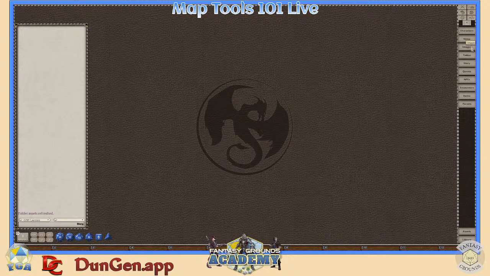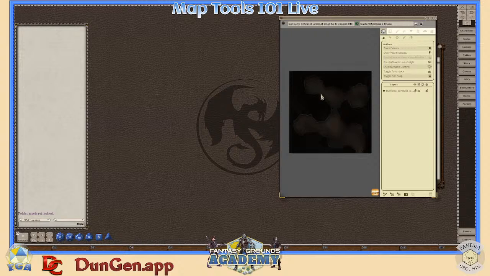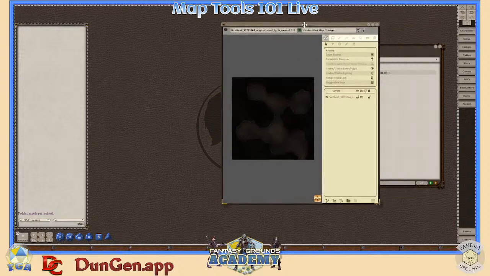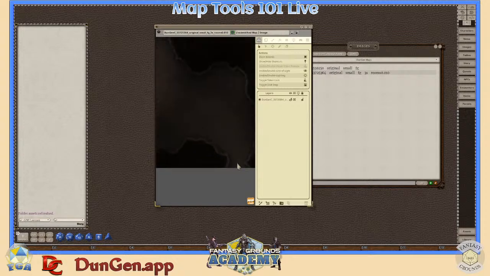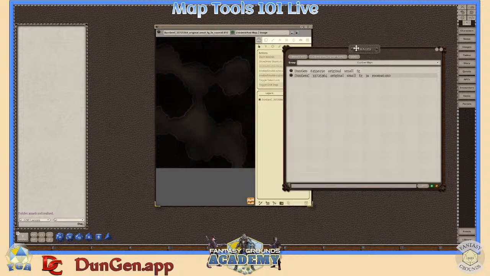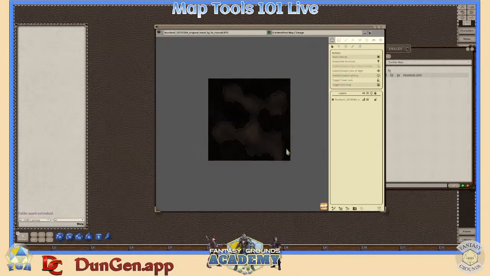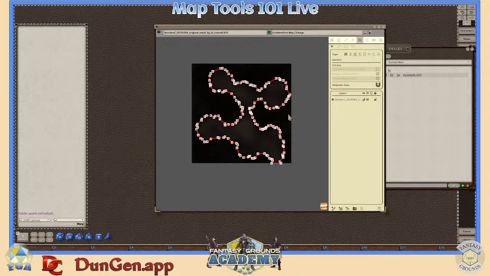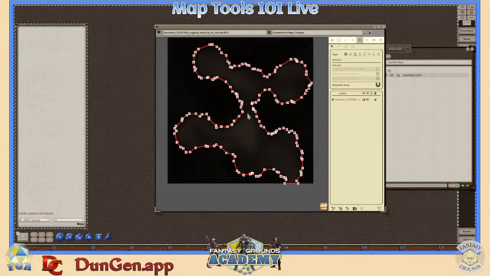The other thing is that you can actually connect these two maps if you wanted to, but you'd have to make tiles out of these. So that might be a little bit different process, but you can actually import these tiles and arrange them. And if you have a point of egress, you can connect them together in the map tool. One of the things that you'll want to do before you even do any of that is, of course, we're going to have the line of sight on here, but you want to put a grid. And I'm pretty sure that Nick rendered these at 50 instead of 70, because I normally go with,